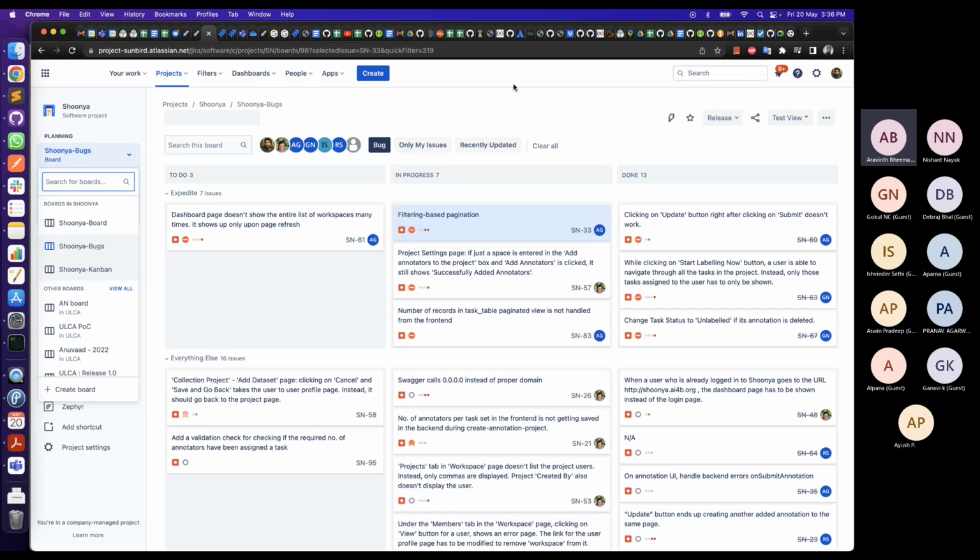If the timelines are strict, we will try to shorten the sprint cycle duration. Typically it's 2 weeks, but for Shoonya we have kept it at 1 week to track the activities more closely. But it can even go up to 6 to 7 weeks.